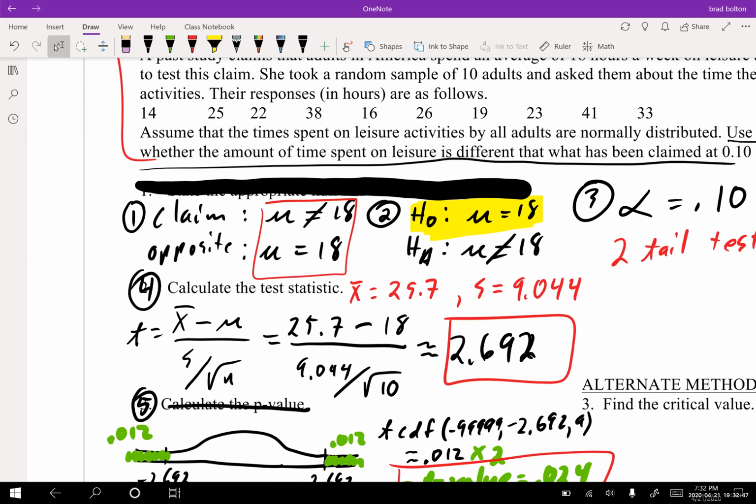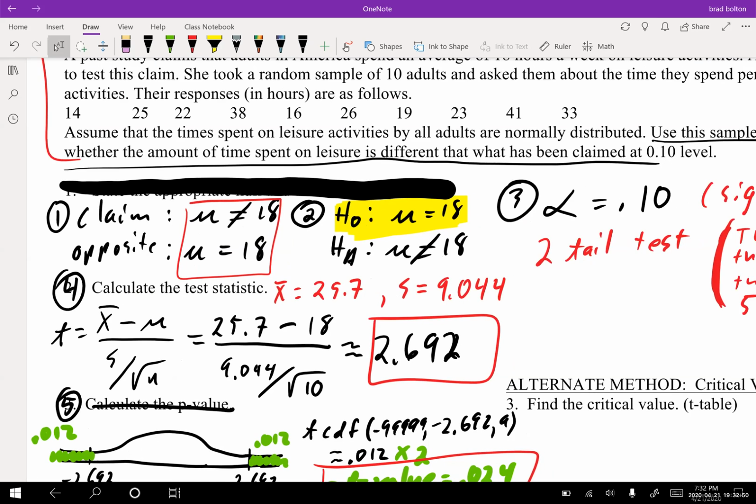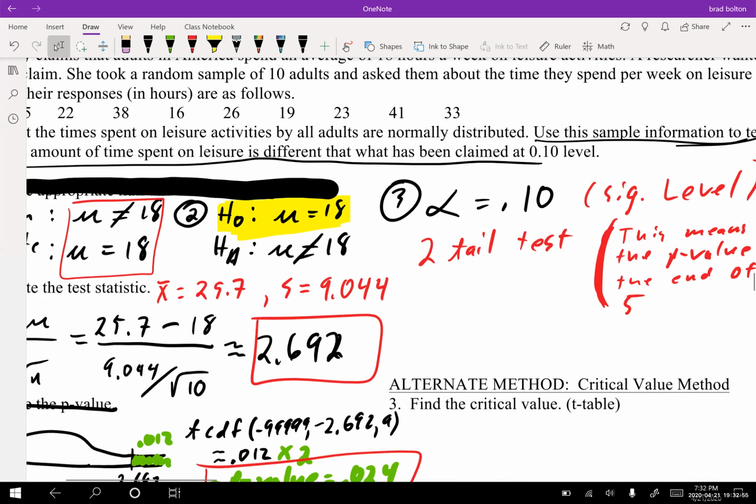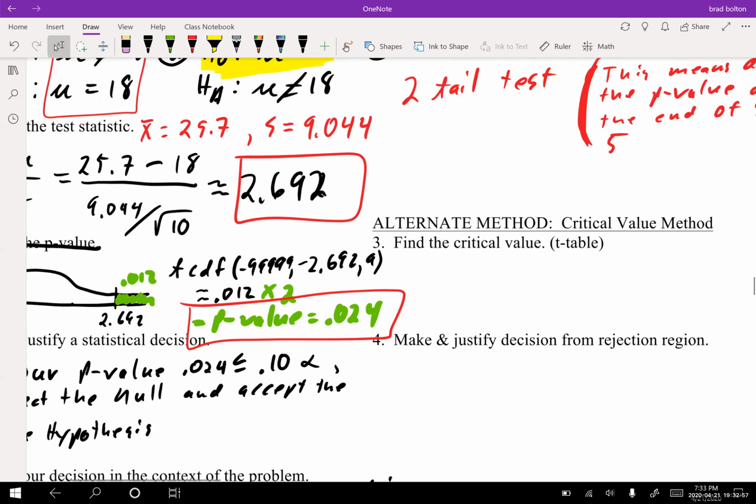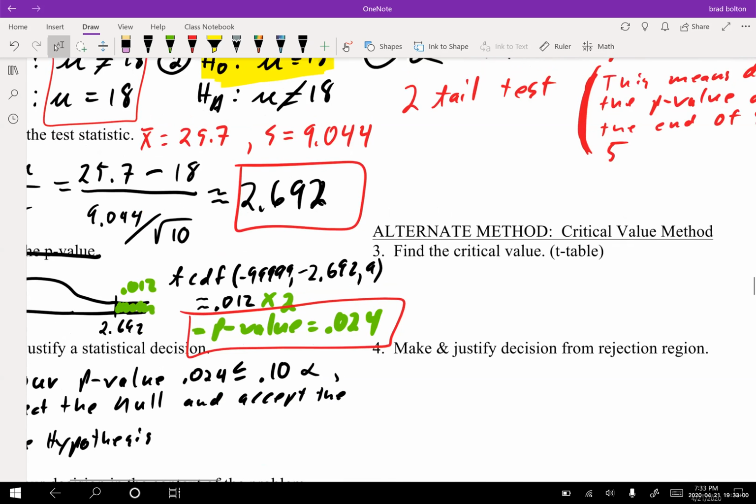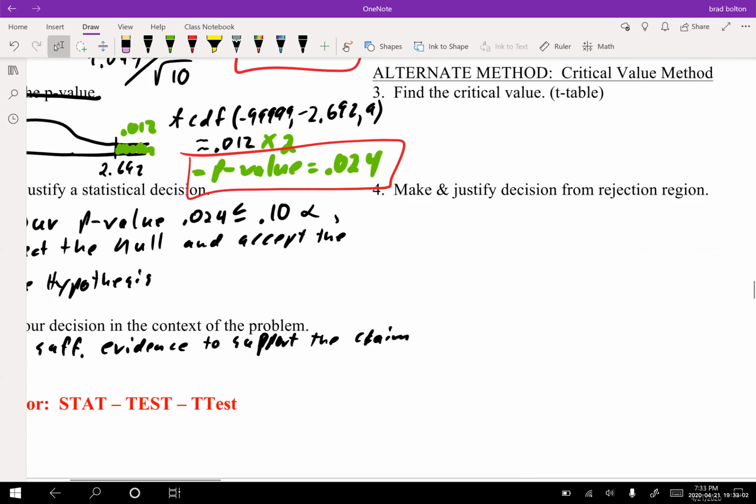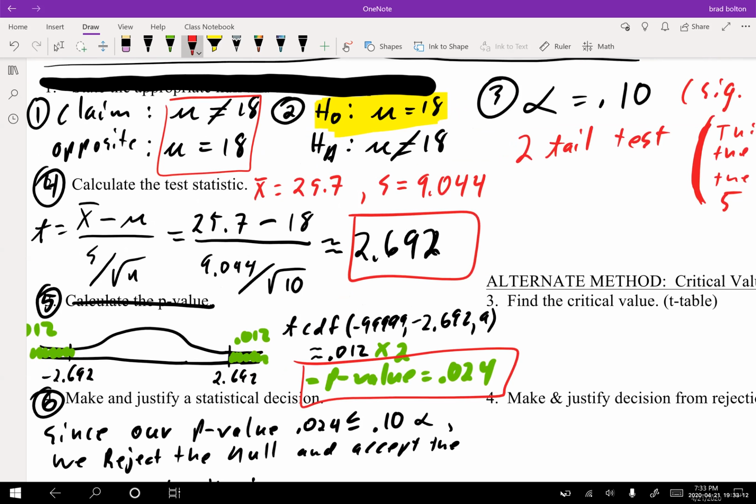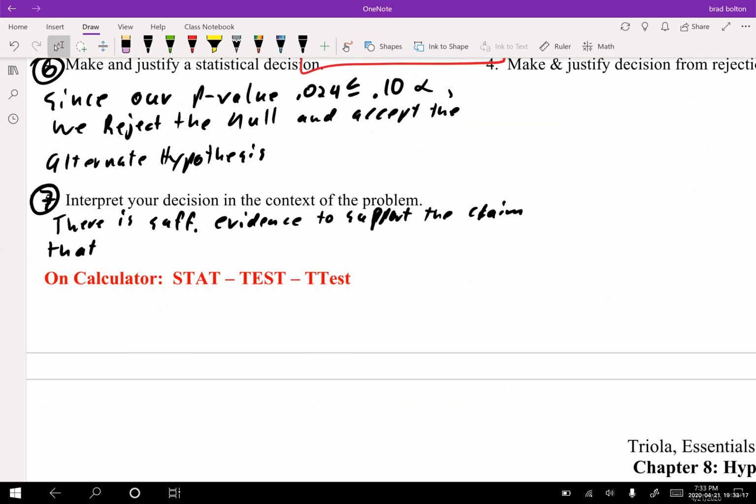It says, assume that time spent on leisure activities by all adults is normally distributed. Use this sample information to test whether the amount of time spent on leisure is different than what has been previously claimed or recorded. So our alternative hypothesis says not equal to. Does it seem like, based on our information, that it is in fact different than 18? It does, because we're accepting the alternate hypothesis. Remember, this is what we're accepting. We're accepting that it is not equal to 18. So there is sufficient evidence to support the claim that the mean amount